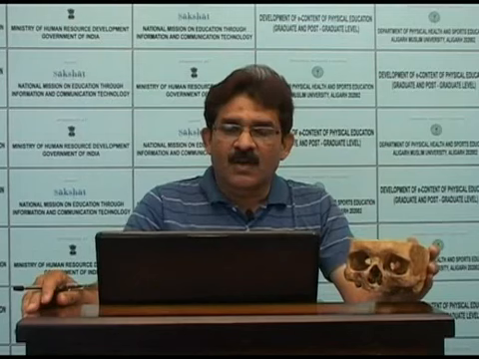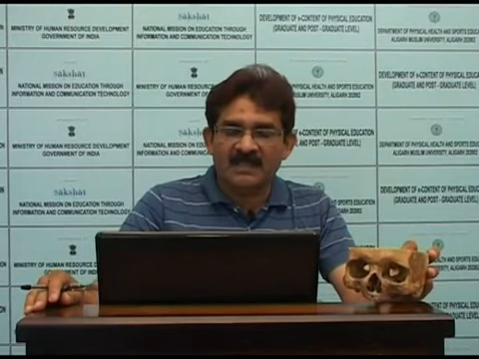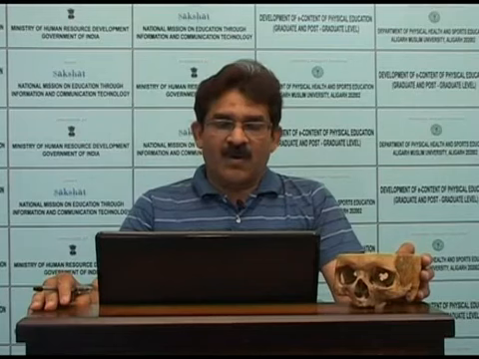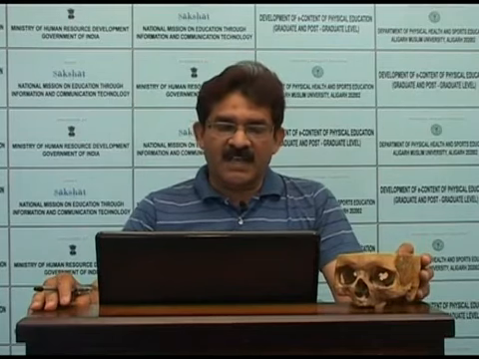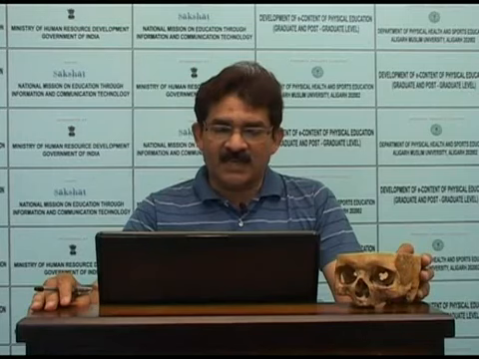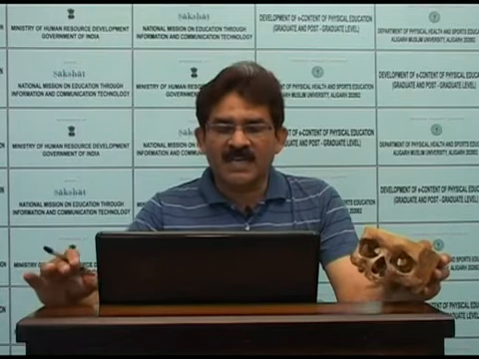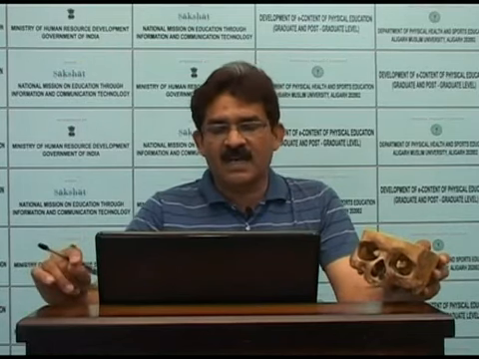The condylar process is located at the superior part of the ramus and is involved in the articulation of the mandible with the temporal bone. The coronoid process is located just anterior and serves as the attachment site for the temporalis muscle. The angle of the mandible is between the ramus and body.